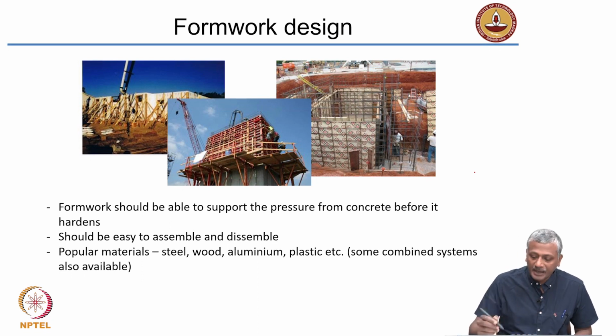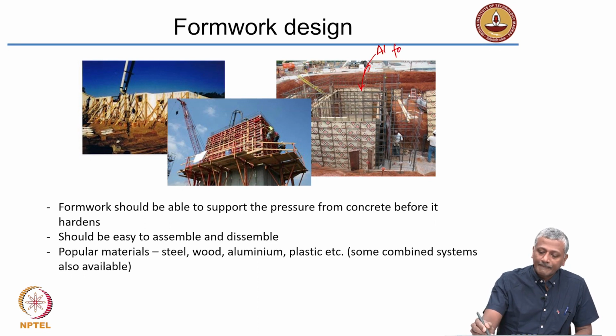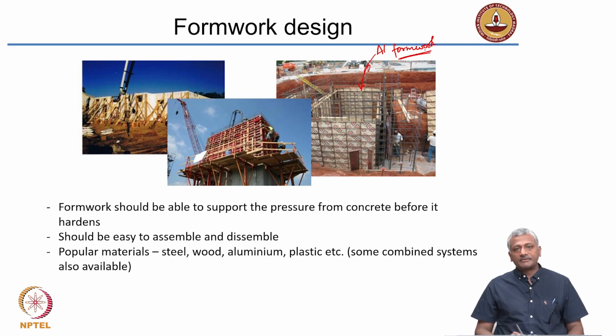In fact, today for many multi-storied buildings, aluminum formwork, which is what is shown here, is quite highly preferred because it gives an excellent finish on the surface and it can speed up the rate at which you build up floors. Okay? For many multi-storied buildings today, aluminum formwork is the material of choice because you can actually increase the productivity, the speed at which a given floor can be constructed. Okay? So, people are actually trying to cut down the time.